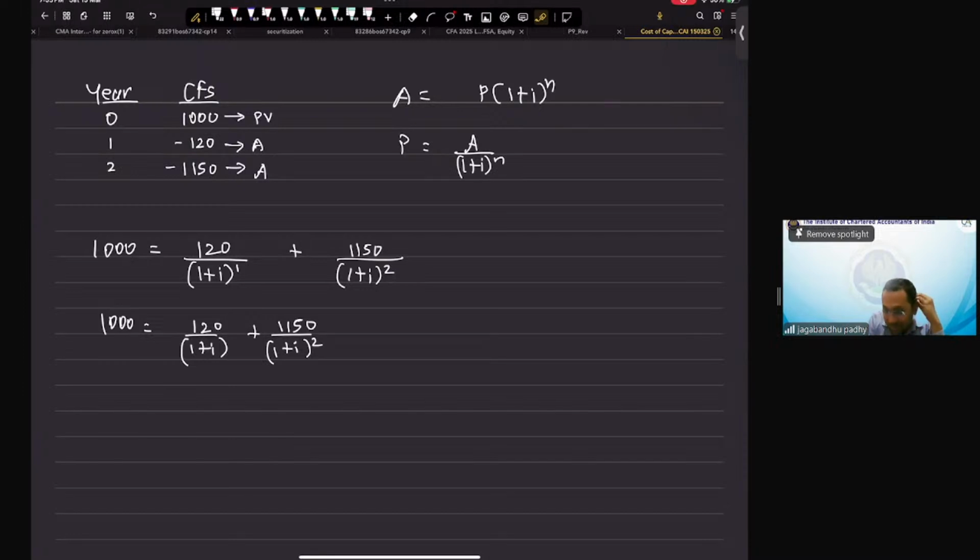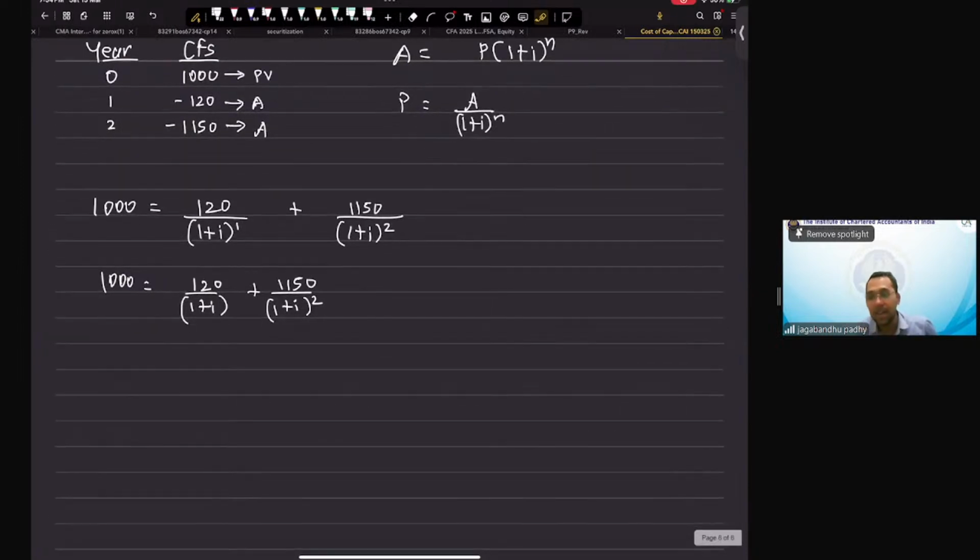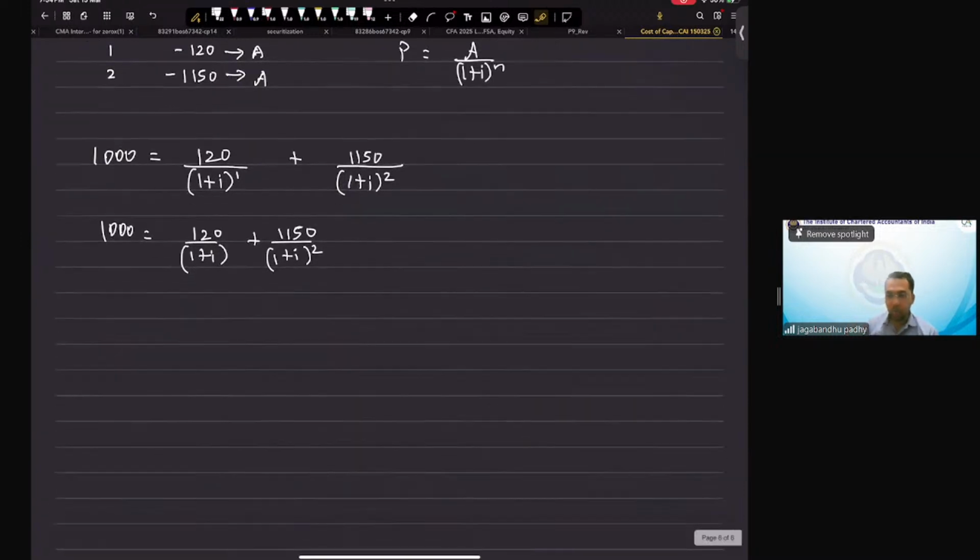Any idea? Okay, someone is saying using Chat GPT. You won't be allowed to use Chat GPT in the exam. You need to use your own skills to get it. Logarithm? No, no, no. We are not going to use such a high level of mathematics. Well, we are going to solve this by the trial and error method. That's the only way. That's a simpler way of solving it, right? So how do we go about this trial and error method?